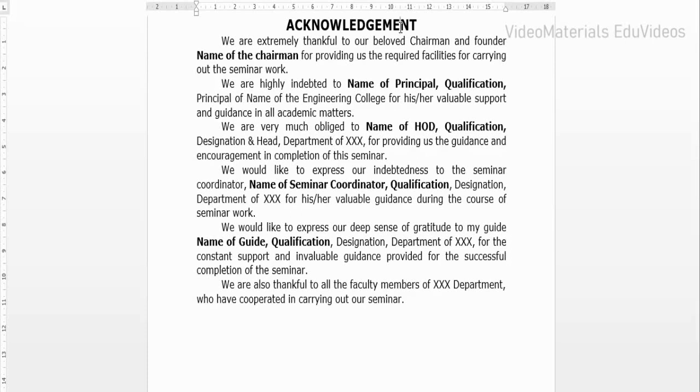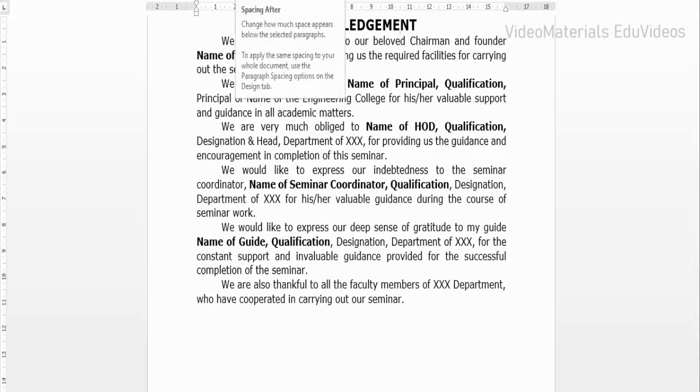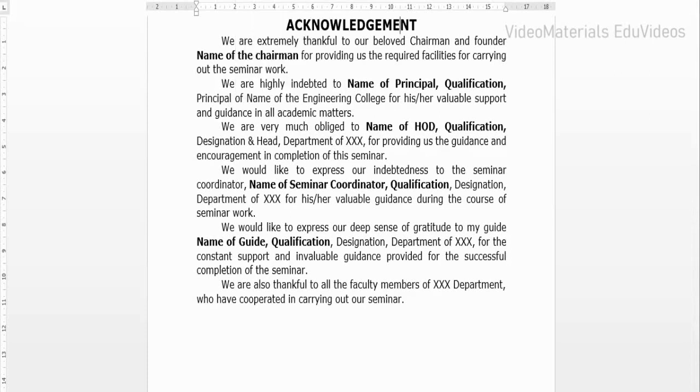For that I'm going to take the help of the page layout menu. Within the page layout I have the spacing option. Within the spacing option, at the bottom right corner you can see a small icon.